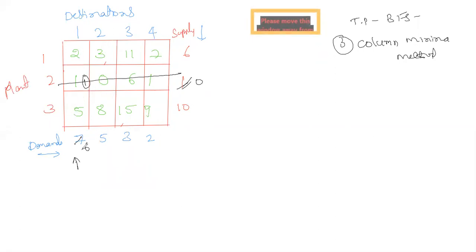Now, similarly, the column is still there, right? So we cannot go for the second column. In this column only, what is the minimum value? Again, the least after this is 2. So what is the demand? 6. What is the supply? 6. Okay, we can take all the 6. So here this becomes 0 and this becomes 0 simultaneously.